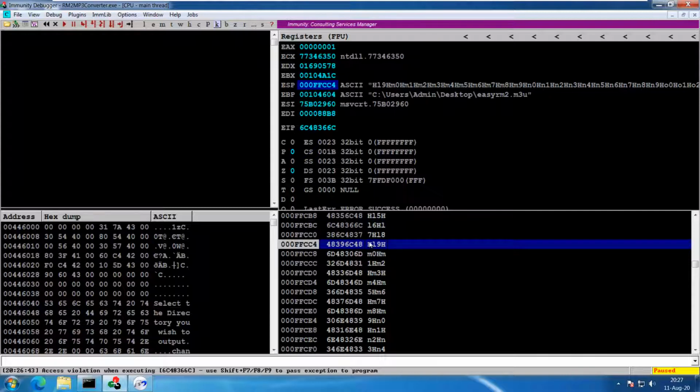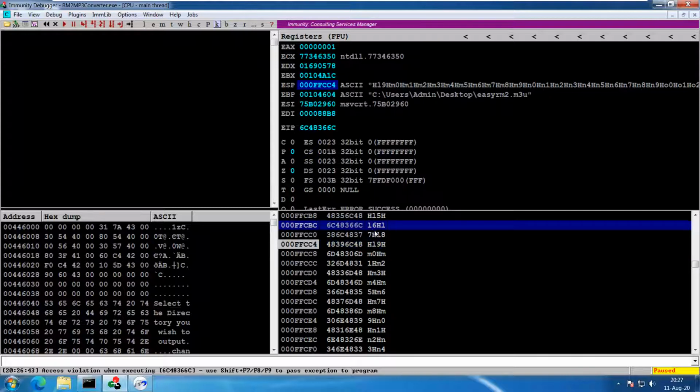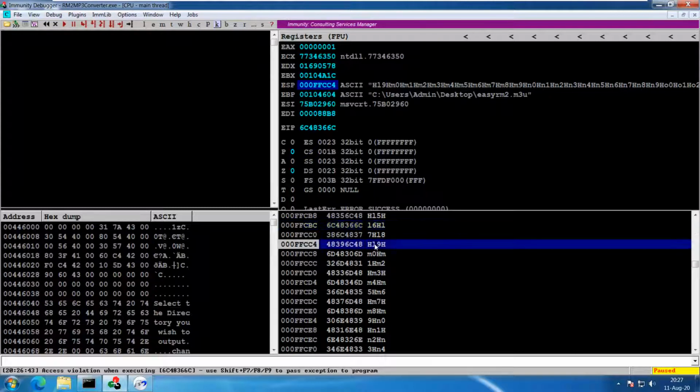So now we will search for the numerical value of the location where our EIP is getting overwritten, and from which place the ESP is starting to get overwritten.